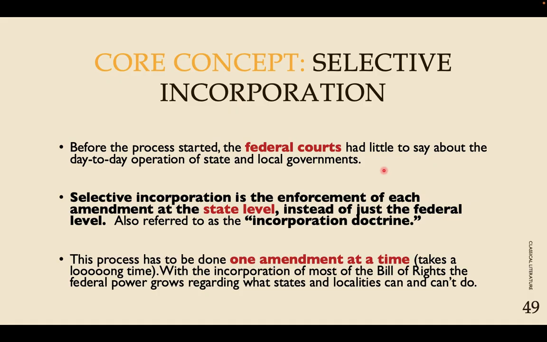This is a very specific example of dual federalism, of federal courts really not having anything to do with the state and local government courts or the state and local governments at all. But now we begin the process of marbleization, of creating that cooperative federalism piece that we had looked at